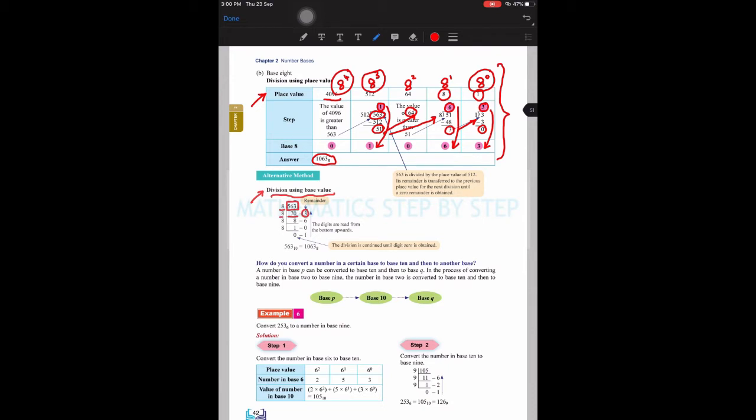We divide by 8 again, so we get 8, and the remainder is 6. Again, we divide by 8, we get 1, now the remainder is 0. Then we divide by 8 again, we get 0, and the remainder is 1, okay? So now all these are the remainders, and we will read from bottom to top, okay? So